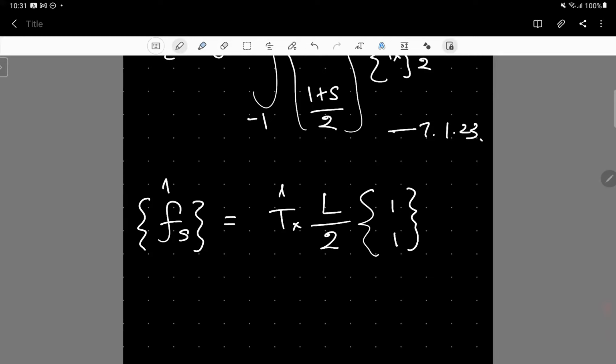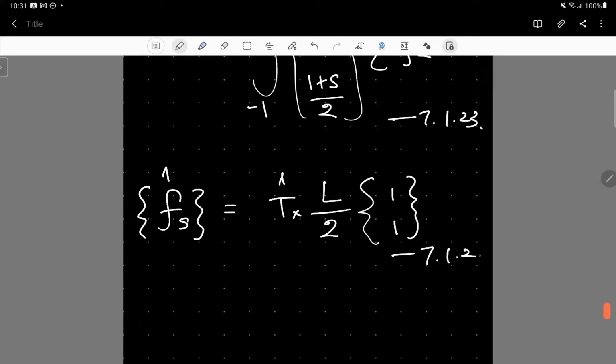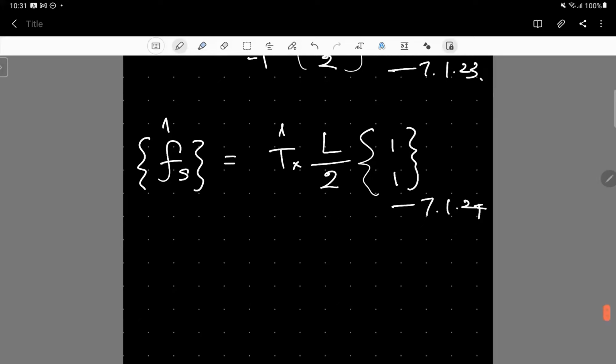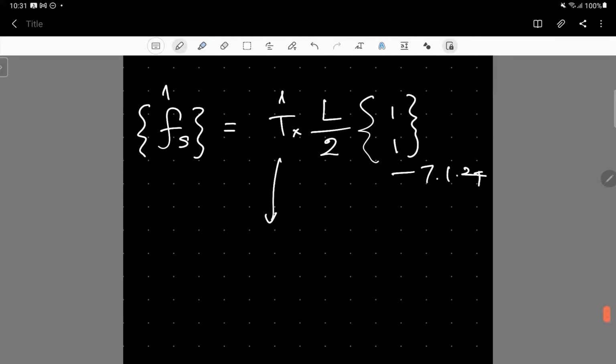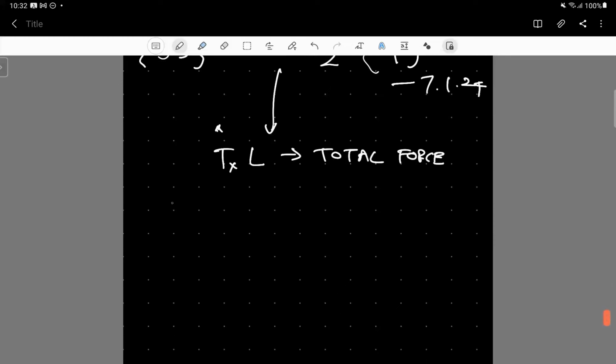getting the result. Here again, the physical interpretation of equation 7.1.24 is that now the Tx is expressed as the force per unit length, and Tx times L gives the total surface force acting on the element. And again, the fraction here indicates that the uniform traction force is equally distributed among the two nodes